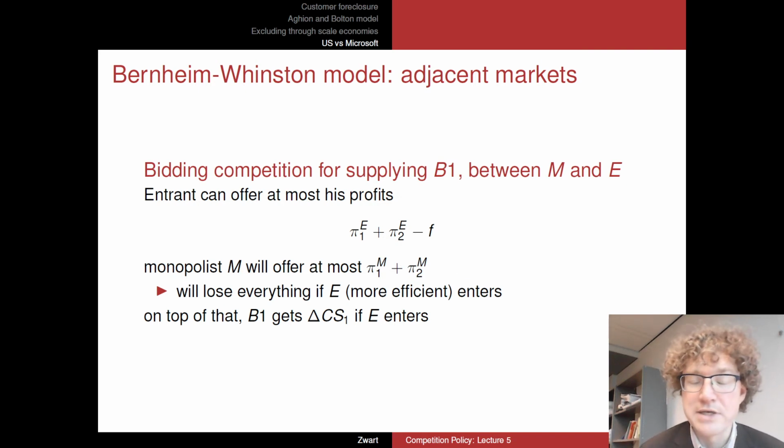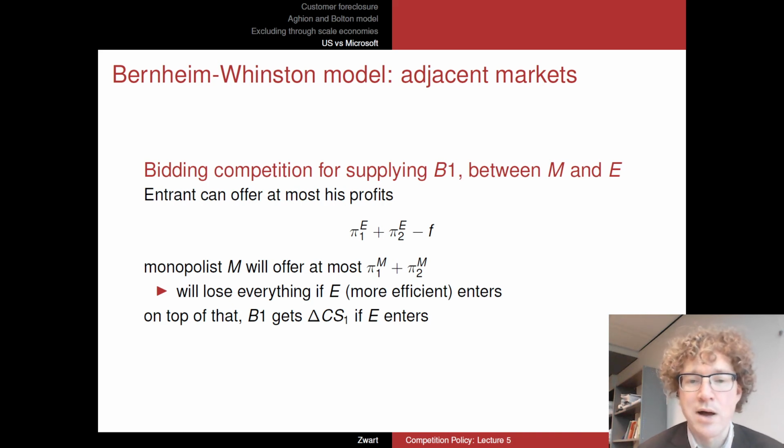If the monopolist does not get B1 to accept this offer, it will lose everything, because E will then enter and the incumbent monopolist M will not sell anything. Of course, we also have to take into account that B1 knows that if E enters, it will not only get that monetary amount from either the monopolist or the entrant, but it will also enjoy the fiercer competition over its supply of browsers, because it will then be a competitive market with both M and E